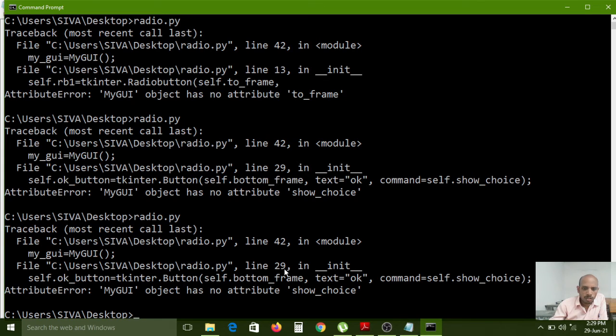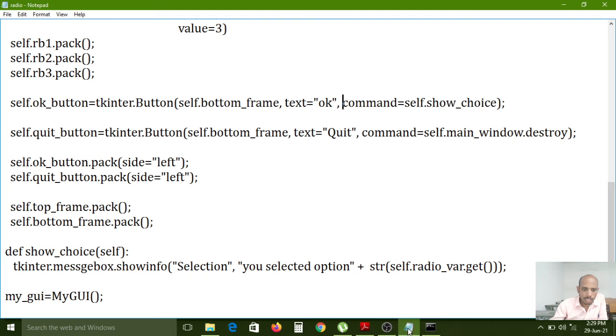Here any error is showing, no? My GUI object has no attribute show_choice. One indentation space required. Okay.